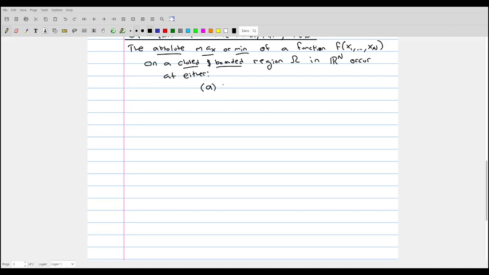The first possible location is at an interior critical point,